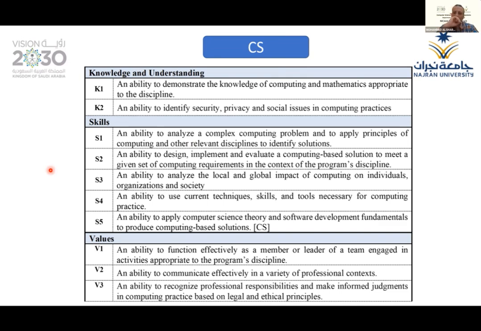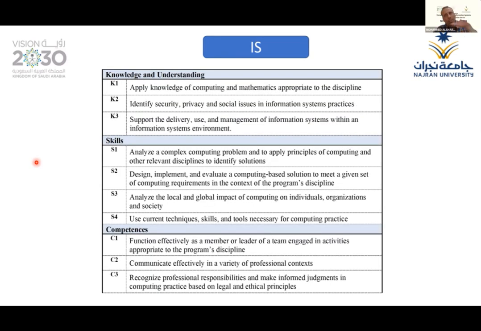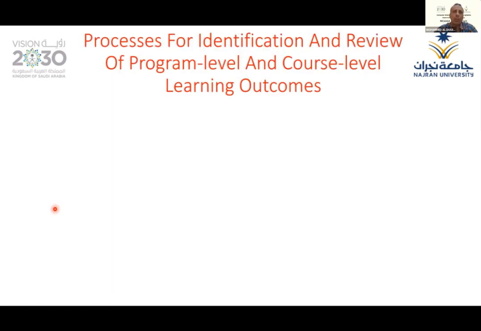Similar to IS, already implemented, already the updated plan, it's at the 6th level now. Okay, so even if it's similar, we have 10 learning outcomes, 6 of them from ABET and 4 added by the program. So now for the new learning outcomes, PLOs, they are 10 in IS, 10 in CS. However, in the old or current plan, it is 11 in CS and 10 in IS.